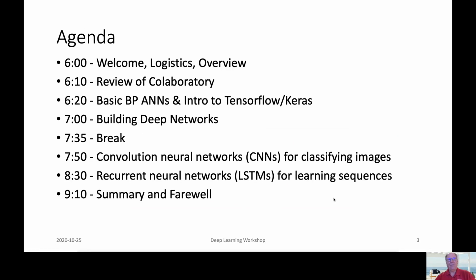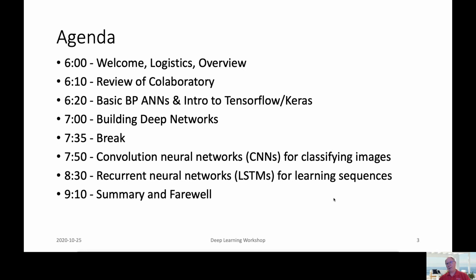This is our plan for the evening. We're going to first get you started with Colaboratory, the Google Jupyter Notebook type of environment. After that, we're going to introduce the basics of regression and backpropagation neural networks to you, and also a quick introduction to the Keras and TensorFlow environment for programming in Python.